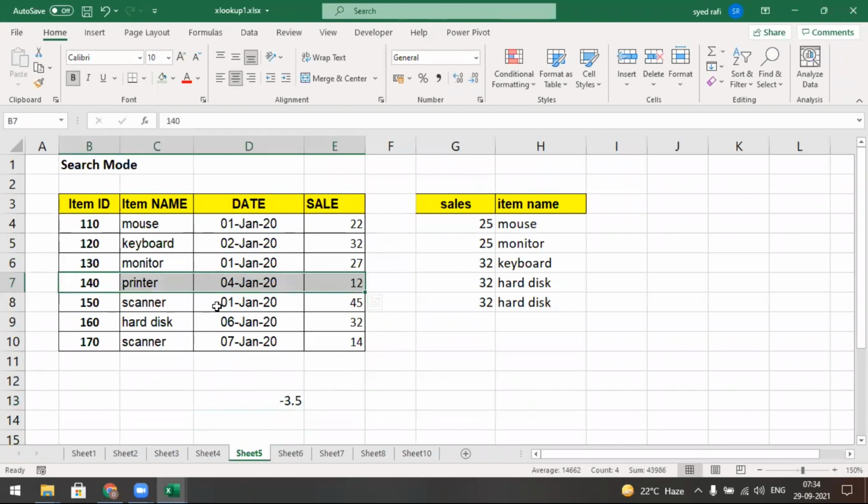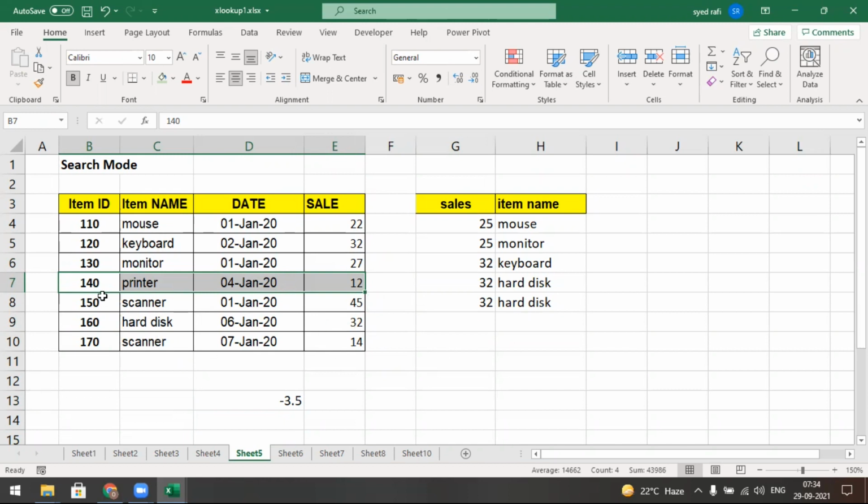So ascending means the downwards will be taken. It can't be moved upwards. It will be taken in a down direction. In the down direction, where is the 32, it will search for this value and return this one.